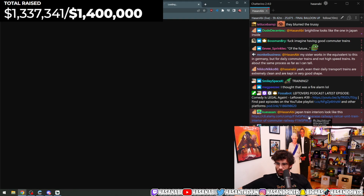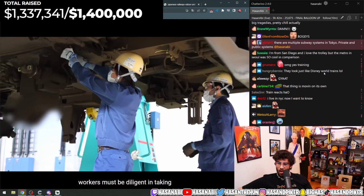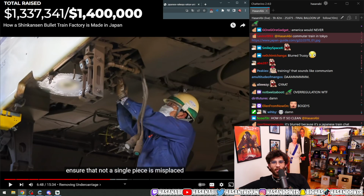After the undercarriage has been detached, the workers focus on disassembling the electronics and other equipment under the carriage. This is a critical part in the process, as the workers must be diligent in taking inventory of all the parts removed to ensure